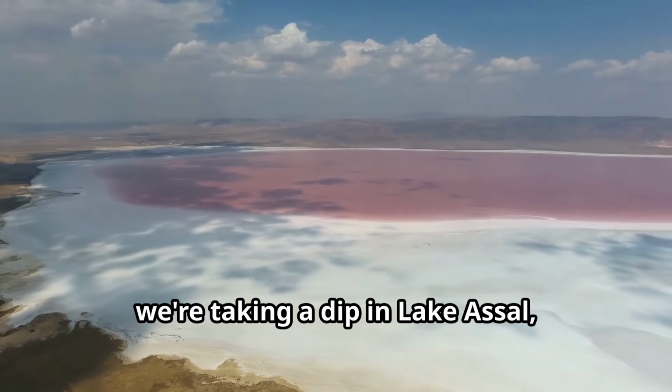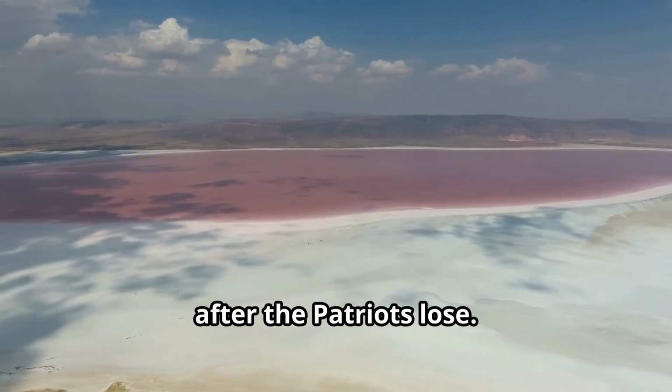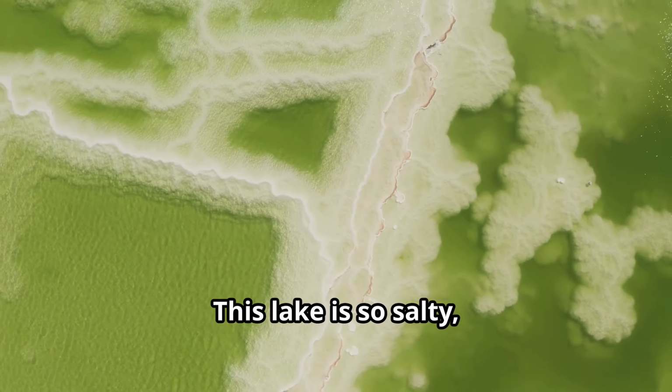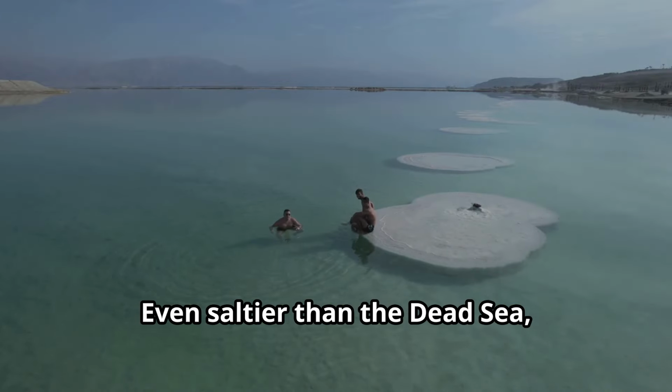Next up, we're taking a dip in Lake Assal, which is about as salty as my Uncle Steve after the Patriots lose. And trust me, that's pretty salty. We're talking one of the saltiest bodies of water on Earth, folks. This lake is so salty it makes the ocean look like a freshwater pond, even saltier than the Dead Sea,